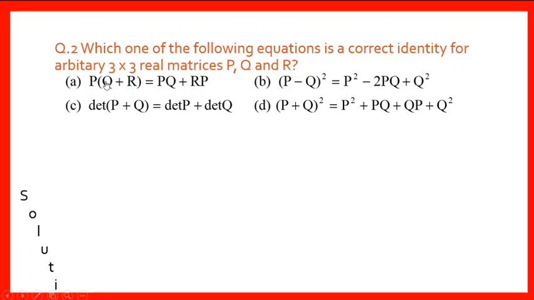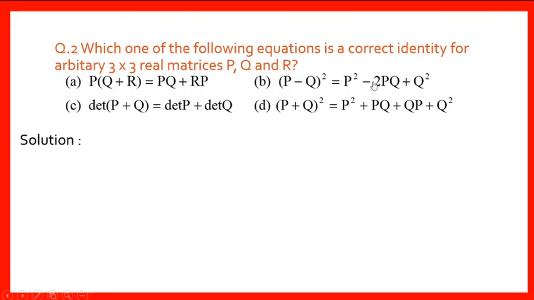If you go through the first option, what we are finding is just like a distributive property. So we will distribute P amongst Q and R, in the particular order itself, so it should be P into Q plus the next term P into R. Whereas we are finding here R into P, and we know very well matrix multiplication is non-commutative, meaning we cannot write R into P as P into R. So this is incorrect, right? Let us move to the next one.